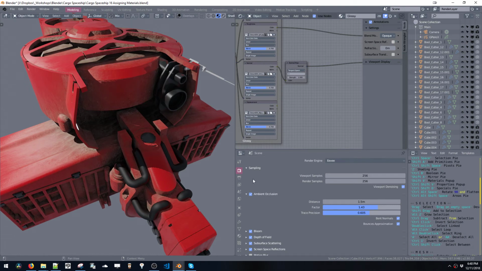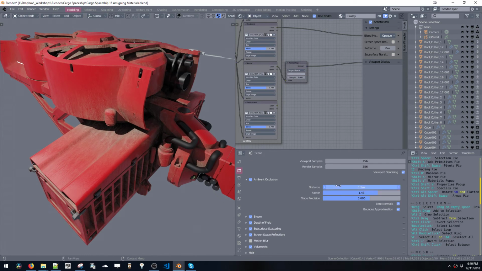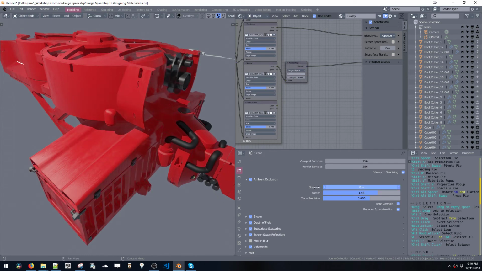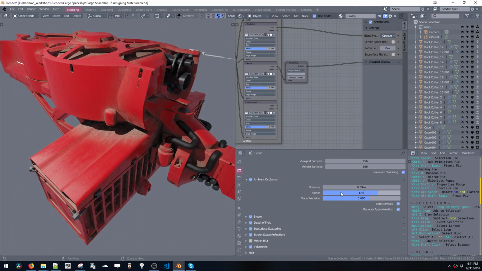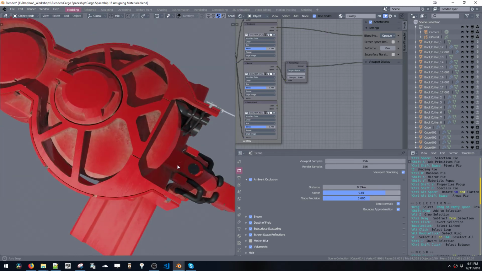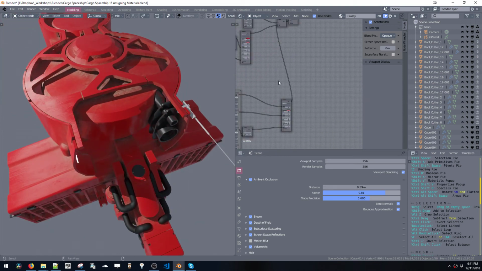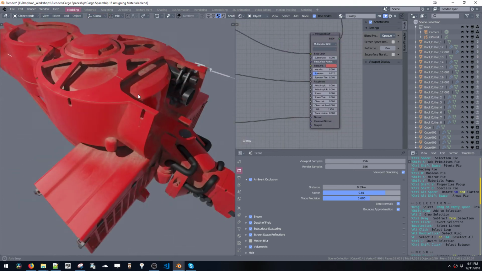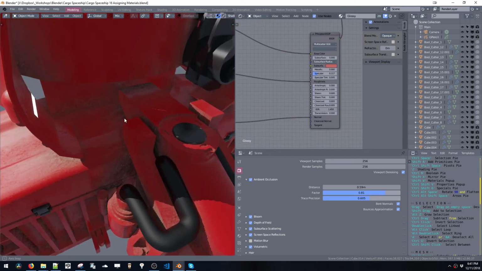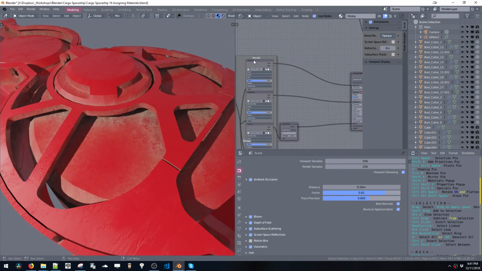Alright, and again, if we go in here into the render settings, inside of ambient occlusion, we can adjust this. Boom! Crazy, right? Adjust the factor here. That's just so cool. Oh man, crazy. And we can also adjust this texture. Maybe you don't want the dirt color to come through as much. You could mix the color. So let's say you want to mix this